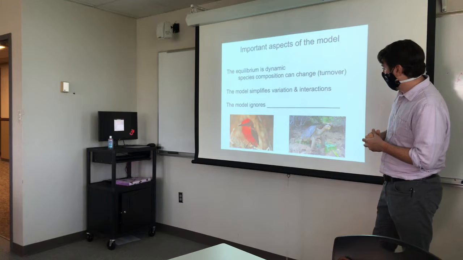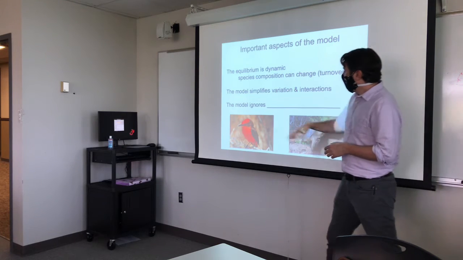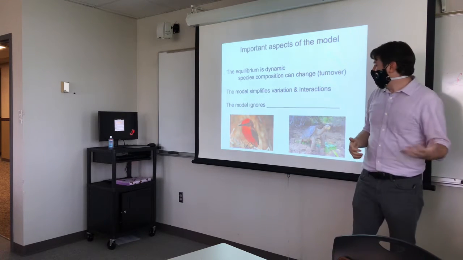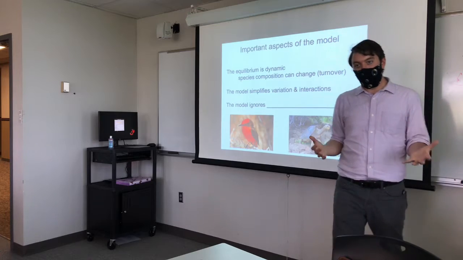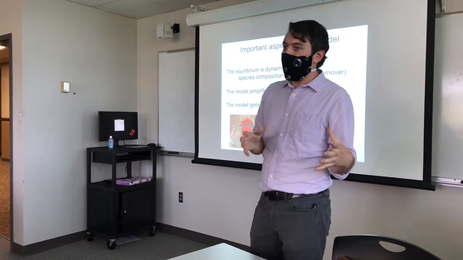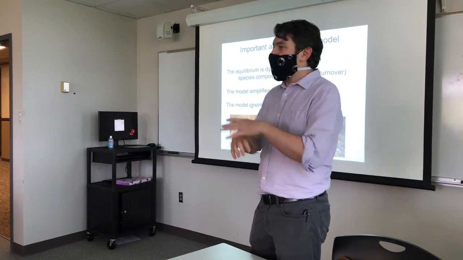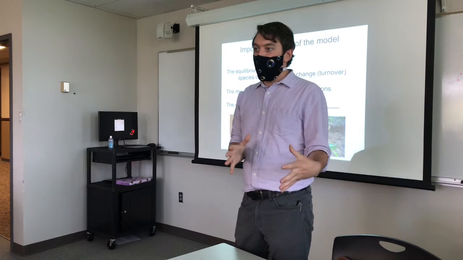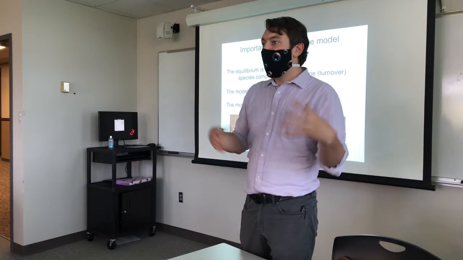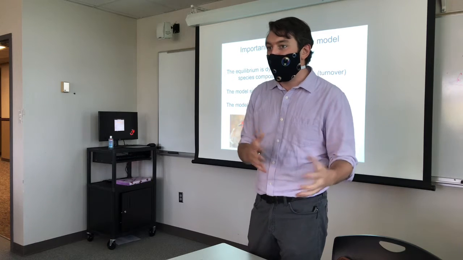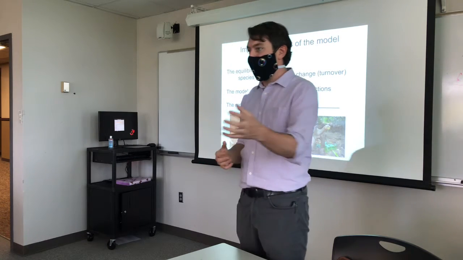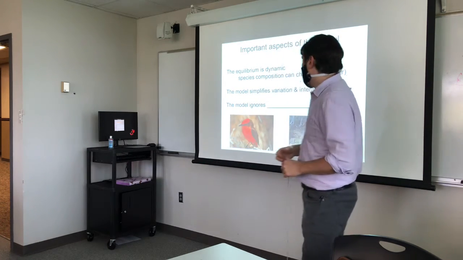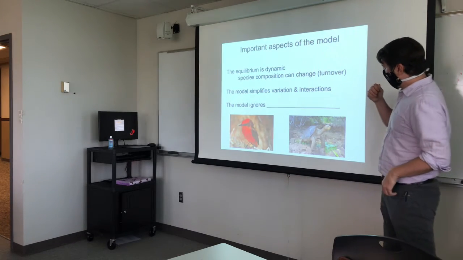It sort of simplifies variation among species and their interactions, which is useful because it gives you a simple model that can allow you to predict island biodiversity anywhere in the world. And then from there, if you see deviations from that, you've got an interesting biological project to understand the Galapagos, or understand Hawaii, or understand Madagascar, or something like that. So it gives us kind of a null expectation.